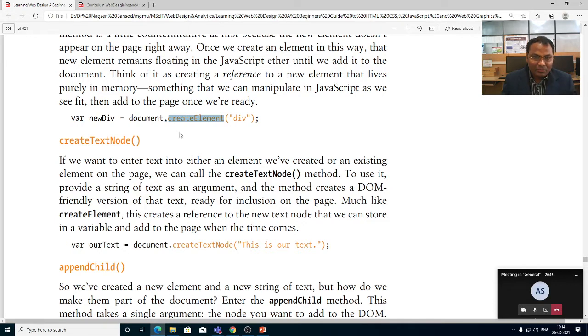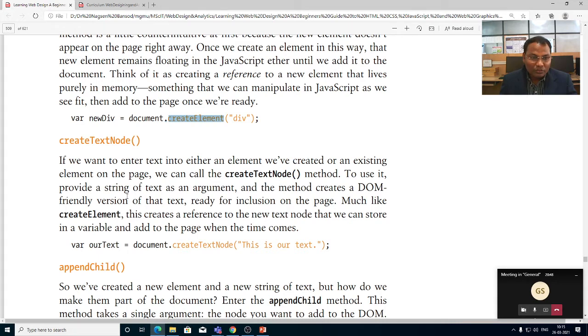This is the method. Again, another one is createTextNode. If you want to enter text into an element we have created or an existing element on the page, we have to use the createTextNode method.